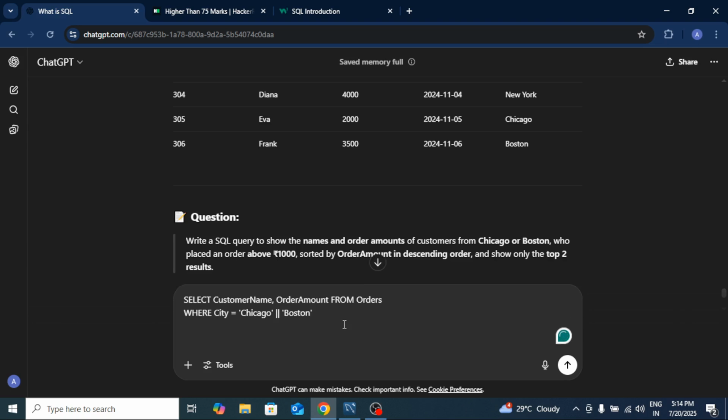What can we do here? Order amount is equal to, greater than, we can't write the WHERE clause two times, right? That will not work. Who placed an order above 1000? So where order amount should be greater than 1000. We can write an AND condition here, I think, right? If we write AND, it means if this is true, this will also give. Where city is equal to Chicago or Boston, and